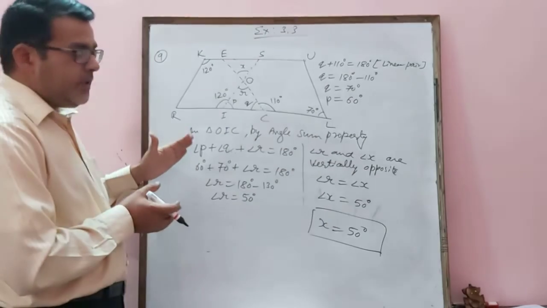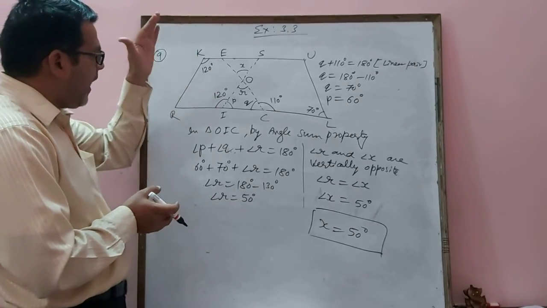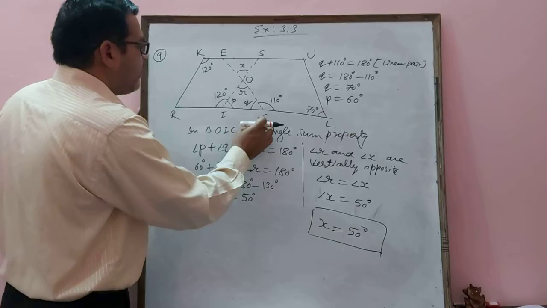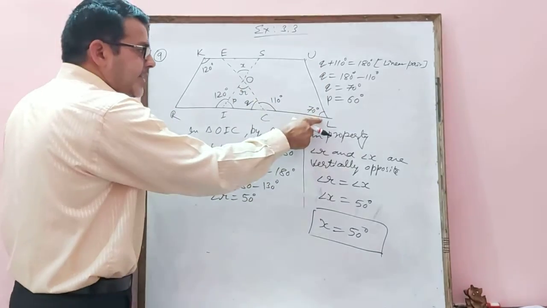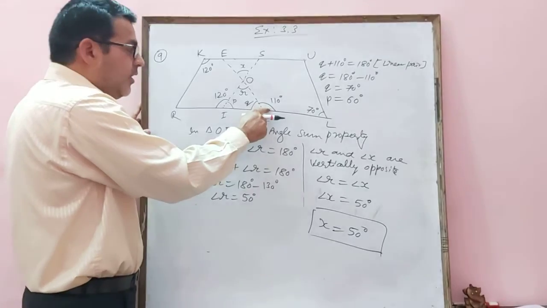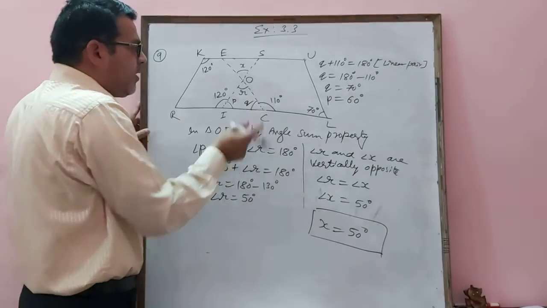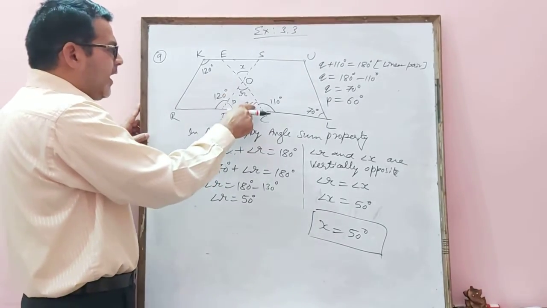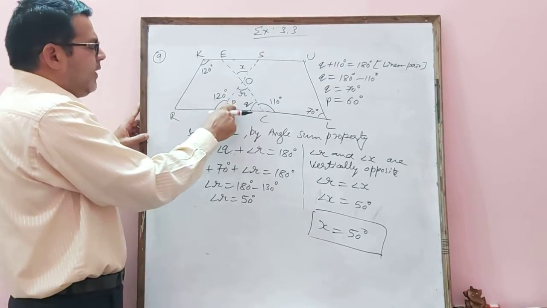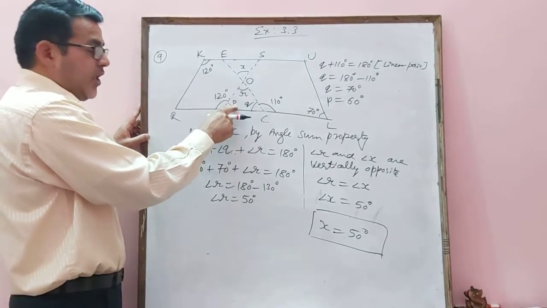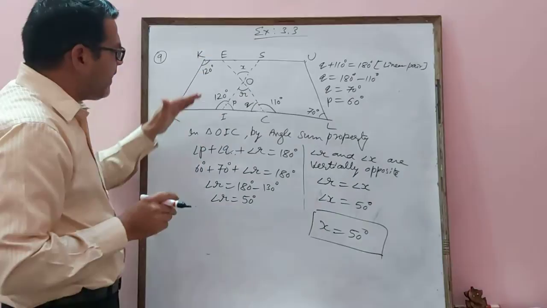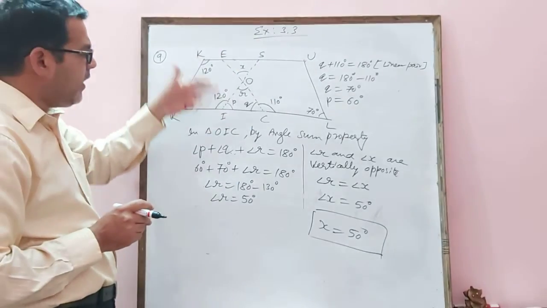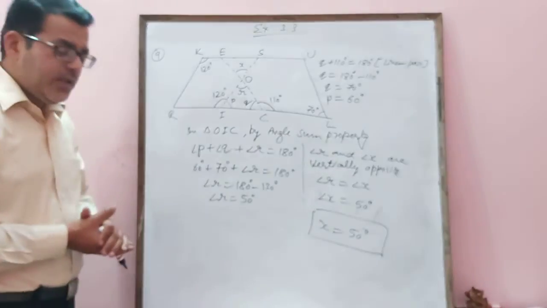Two parallelograms are given there. One was RISK. With the help of this parallelogram, we need to find this angle. Similarly, second parallelogram CLUE is given. With the help of this angle 70, we need to find the value of this angle. Now, these two are making linear pair, so we can calculate the interior angle of this triangle, and here also we have to find the interior angle of this triangle. Two angles we now know. So by angle sum property we can find the third angle, and this third angle and X are vertically opposite angles. So we can say that the value of X is 50.